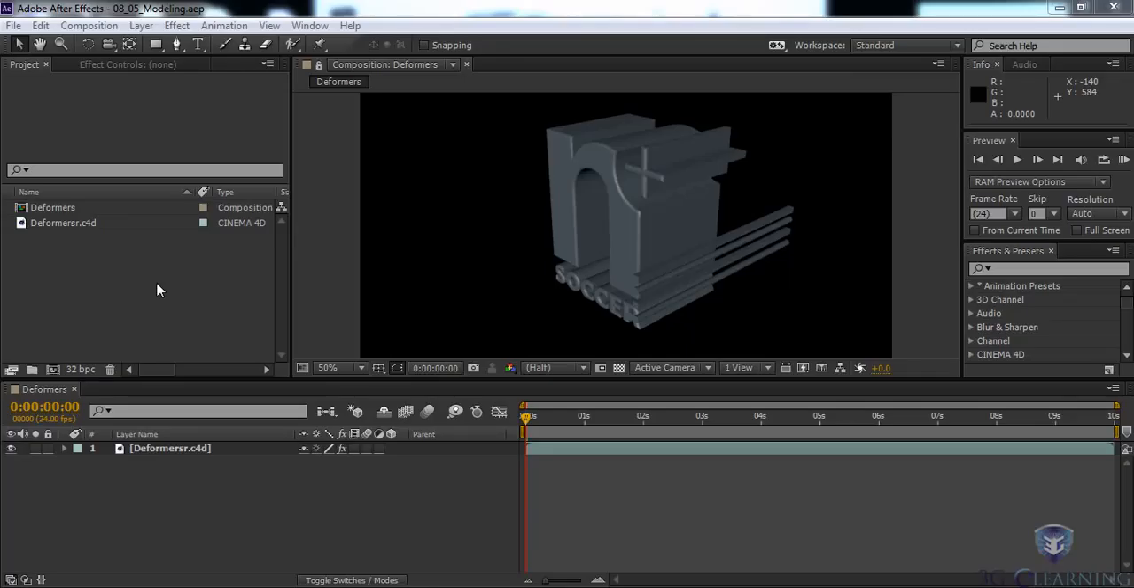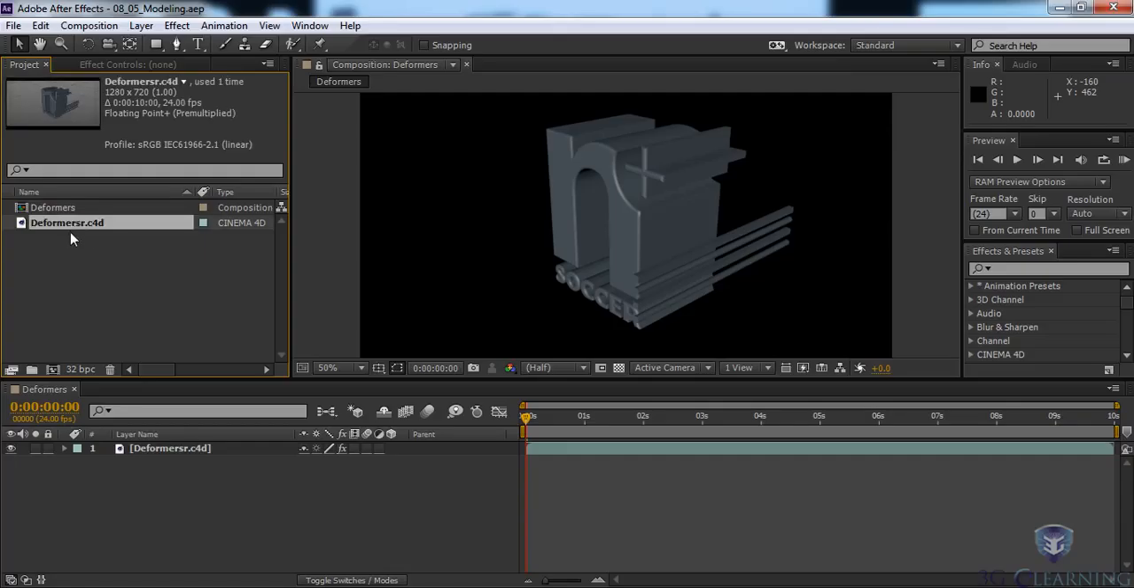Using deformers in Cinema 4D allows you to create curved and twisted elements out of your primitive objects. So in this project we're going to distort these lines that have been extruded along the edge of our logo. To get started, obviously we have to be in Cinema 4D, so I'm going to select the Deformers C4D project